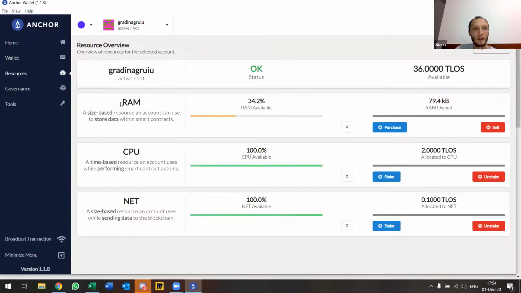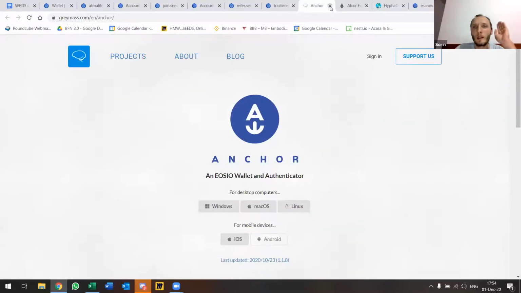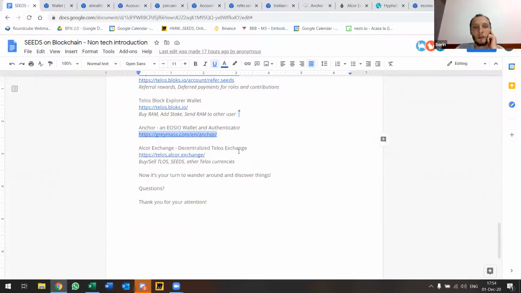Resources, as I said, the RAM, the CPU, the NET, these are needed in order to function on the blockchain. No need to think too much at this moment for an introduction call. Too much information may damage your attention. And the last thing that I would like to share with you is where you can buy these Telos